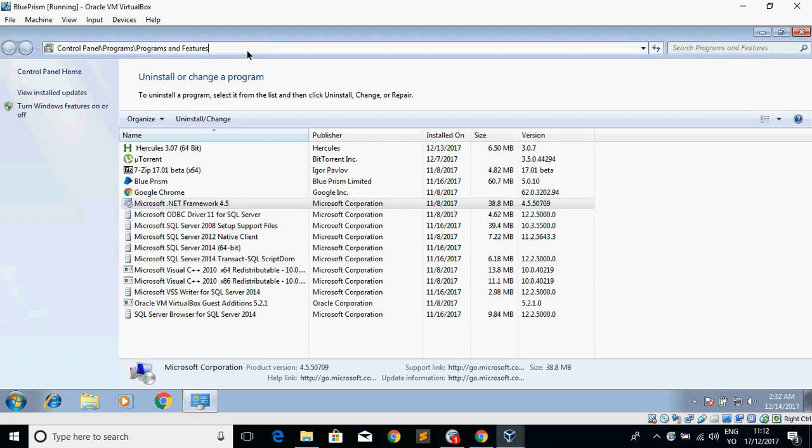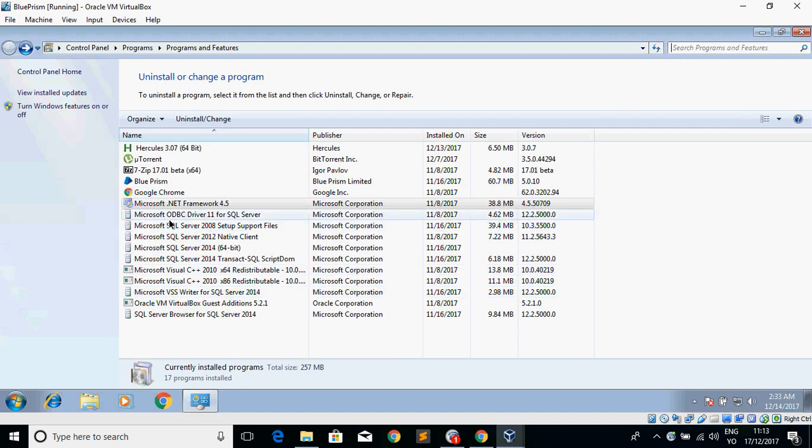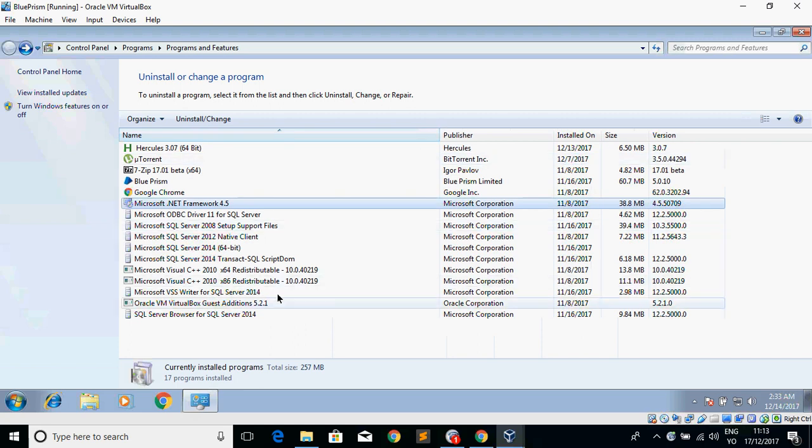In your Programs and Features, in the uninstall or change a program list, please search here for .NET. I hope everyone has .NET installed. If you are getting any result, that means .NET is installed. If it is not installed, I have shared the .NET installation file with you. Please install that. .NET should be installed by default, but please search here. I'm trying to uninstall my